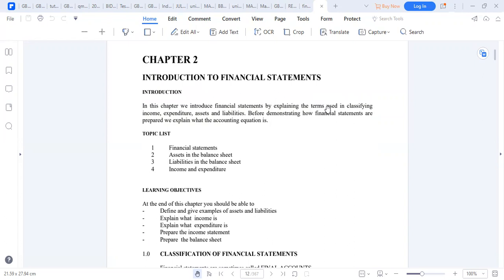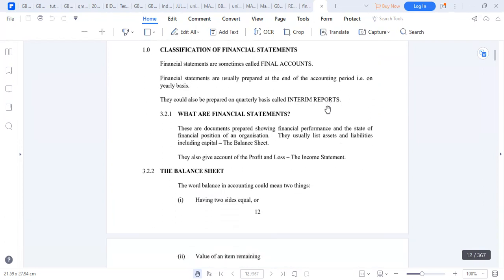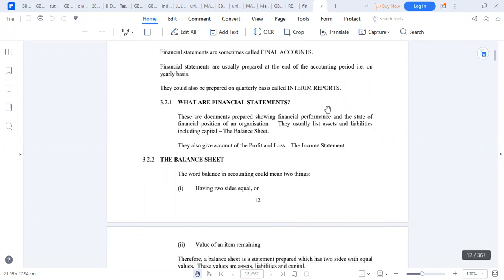So we went further on to enlist financial statements, the balance sheet, and discuss what is involved in each of them. So briefly, we described what income is, what expenditure is, what an income statement is, and a balance sheet. So to start with, we mentioned to say that financial statements are simply documents that are prepared to show the performance of a business or the position of an organization. So the statements that we call the income statement and the balance sheet.